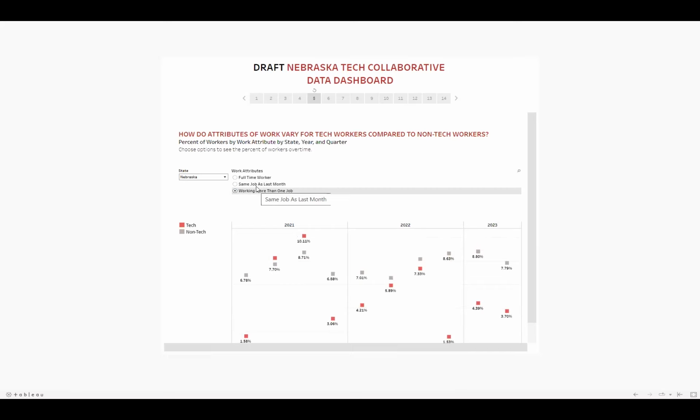And sometimes, and this is anecdotal for me at this point, we need to dig into the data a bit more, but the people in the tech workforce that I know that have multiple jobs, it's because they have a side thing where they're maybe doing some web maintenance or other stuff on the side just for additional supplemental income, but it's not usually a necessary thing for them to do. It's something they like to do. They have the skill set, they can make money doing it. So why not?